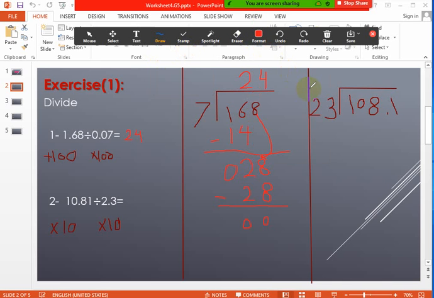Okay. Yes, Rinad, you know that how many 20s in 100? 5, right? 5 20s in 100. So that means I will try with 5 in the ones digit. Now 5 multiply 23. Let's see. 5 multiply 3, 15. So I will put the 5 here and one above the 2. 5 multiply 2,